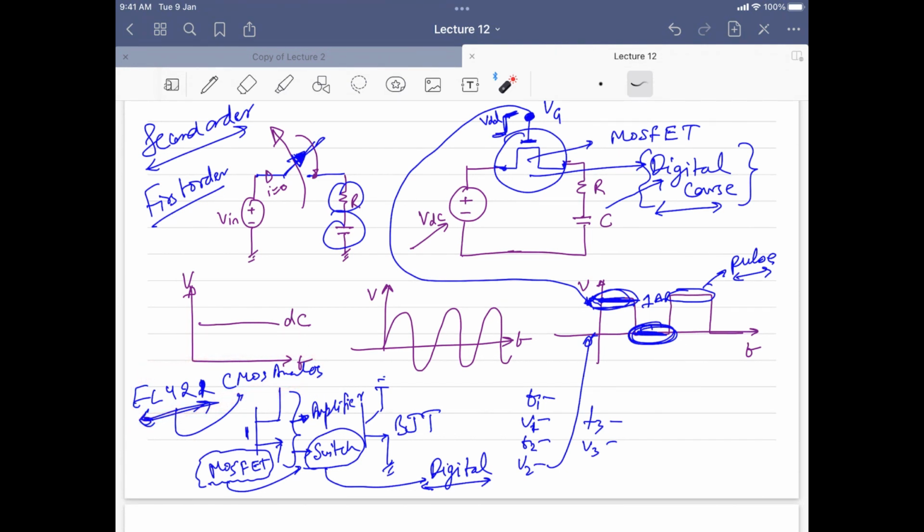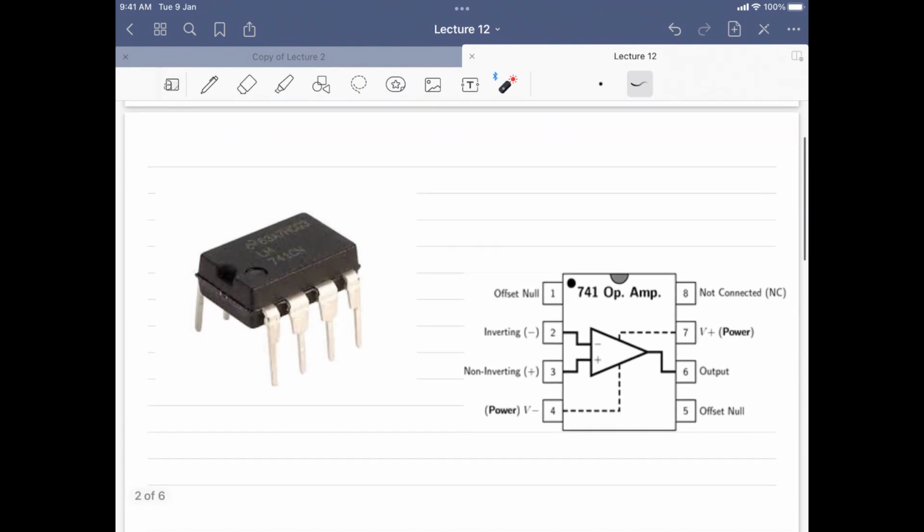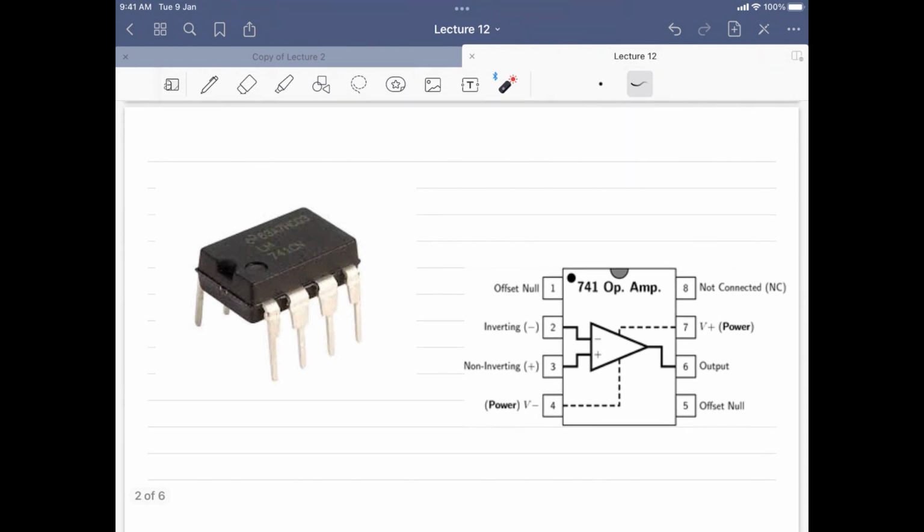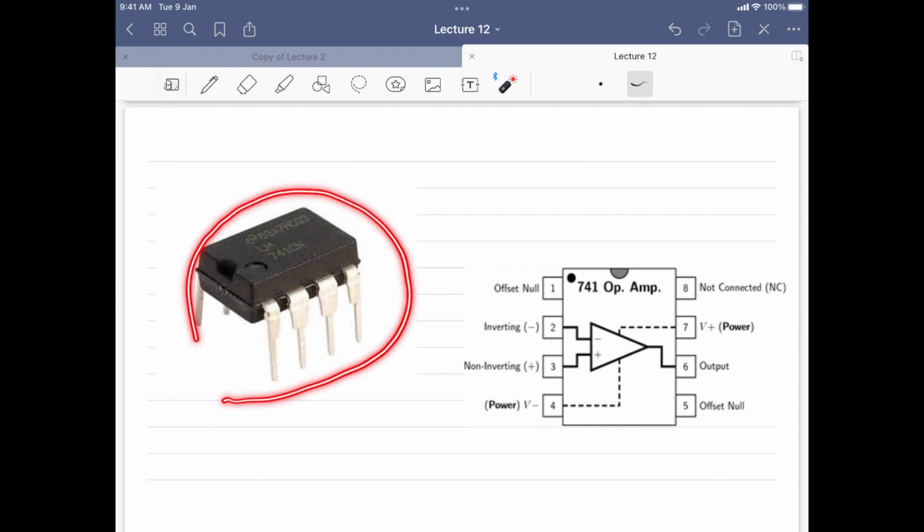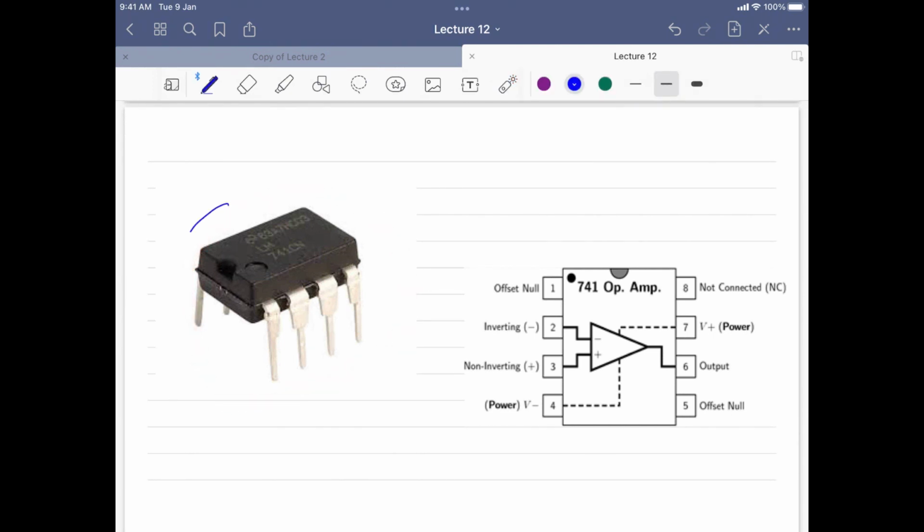So we will be studying only the terminal properties of this device, and we will understand what this device is and why we are using it. The new device that is coming in front of you is normally found in most chip designs. I will explain this later, but this is a basic elementary block and a very important block in the area of electronics design, and this we call operational amplifiers.